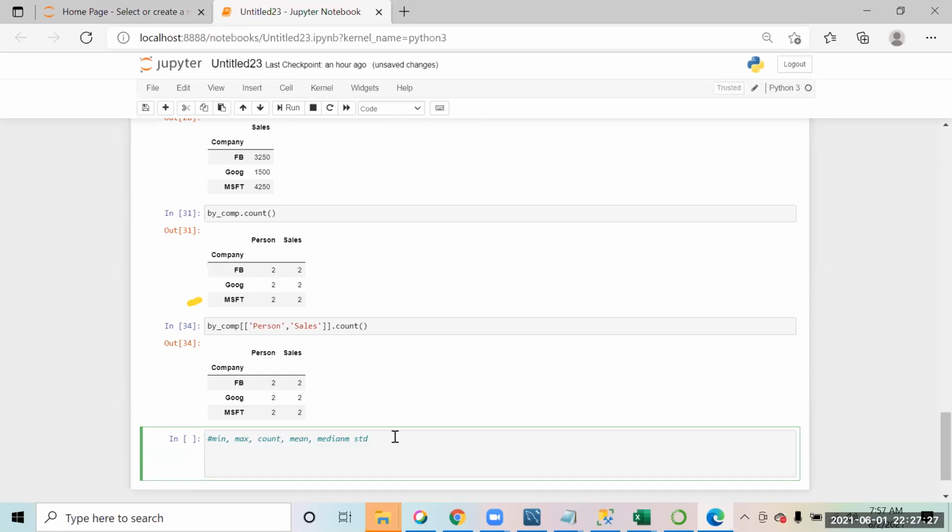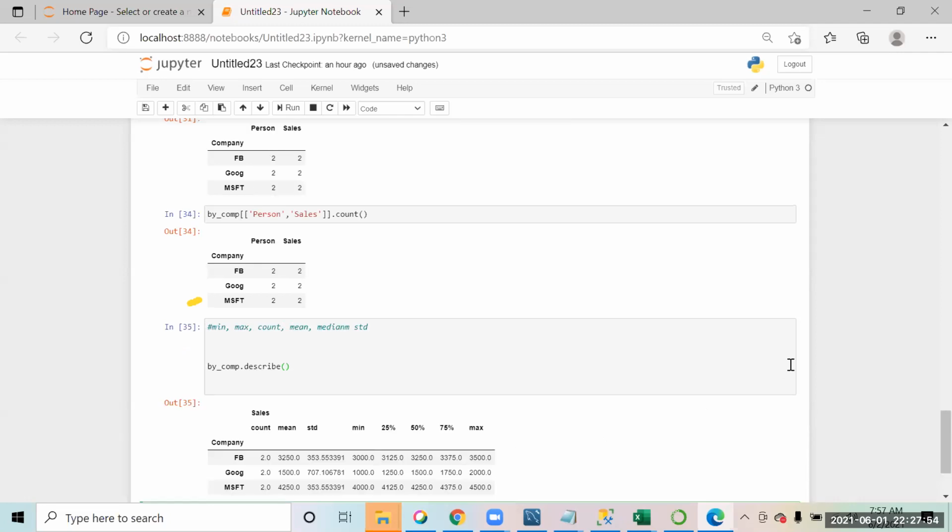Now when you are working on a group by, there is one function that you have, called describe. What happens with describe is it gives you all the statistics. For example, if you say by company dot describe, it gives you all this information.